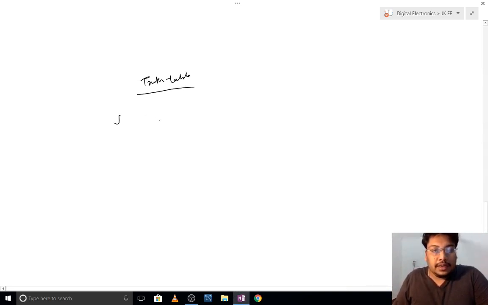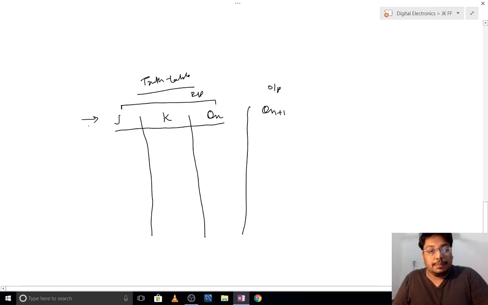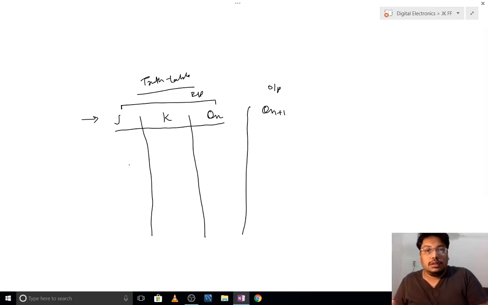In the truth table, the inputs we identify as J, K and Qn, and the output will be Qn plus 1. So this is my output and these three are my inputs. When there are three variables and every variable can have two values, 0 or 1, J can be 0 or 1, K can be 0 or 1 and Qn can be 0 or 1.